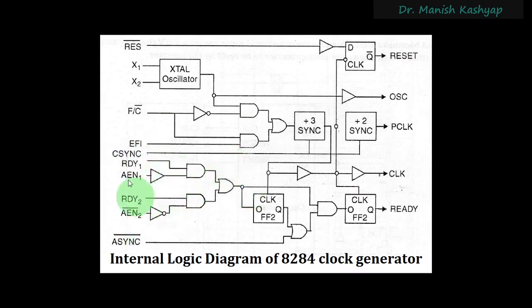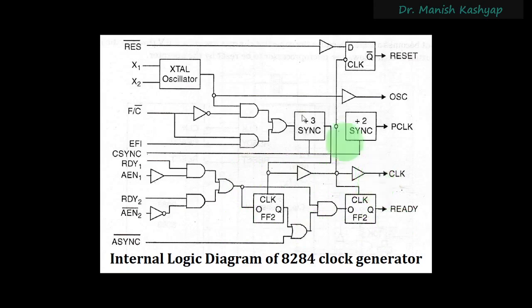So this is used for synchronization, and you can see that this complete circuit that you see here, which involves these two flip-flops, is a divide by 4 counter. So this was divide by 3, this was divide by 2, and here they have elaborated that circuit, and this is called a divide by 4 counter. So this ready signal is drawn from this divide by 4 counter circuitry.